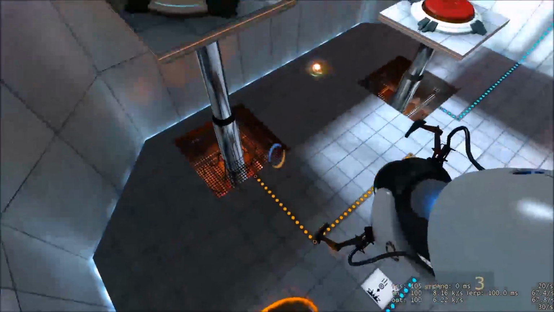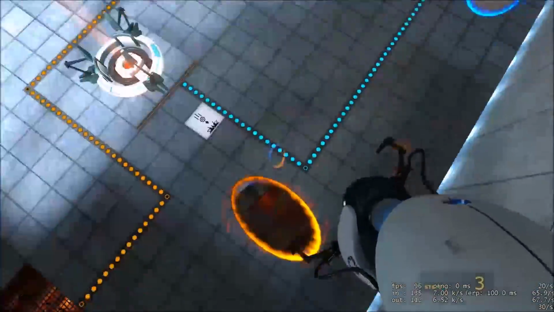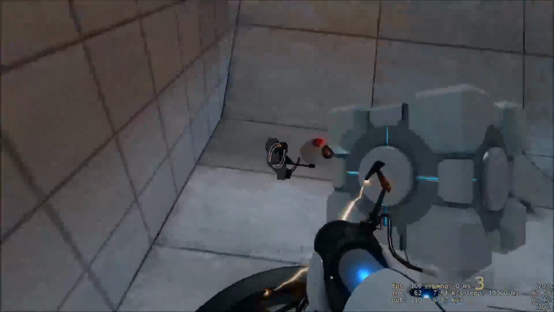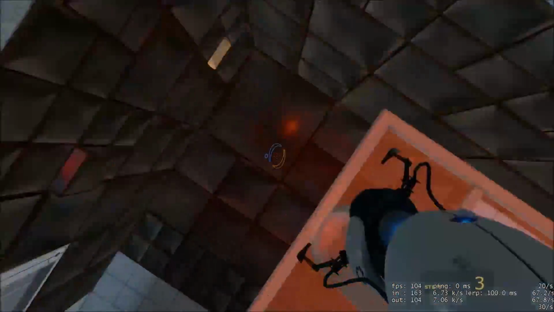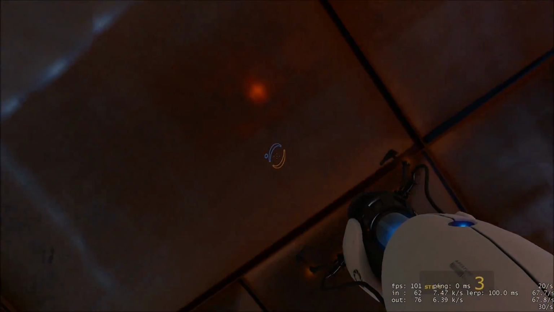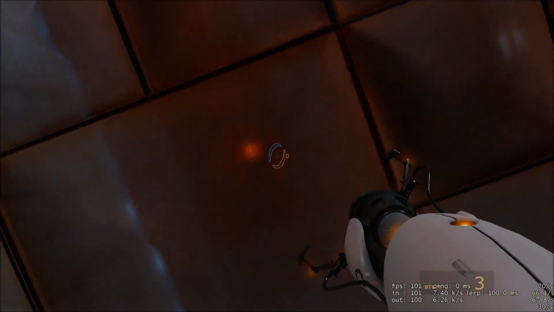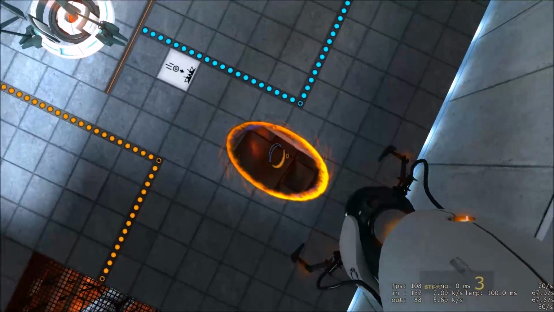See, now we get launched into the air, and if we're lucky, we can grab the cube. If not, all it takes is to move the portal a bit over, and now we can grab the cube. Okay, I dropped the cube on the wrong side. That's a problem. It's very annoying trying to... It's a good thing there was a blue portal there, because I shot the wrong one. Okay, so honestly, the best thing to do here is to just...